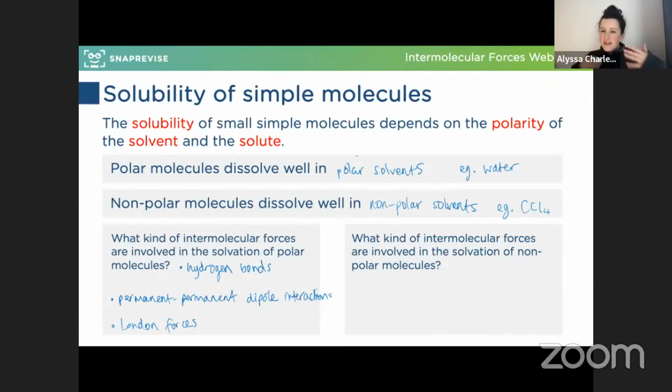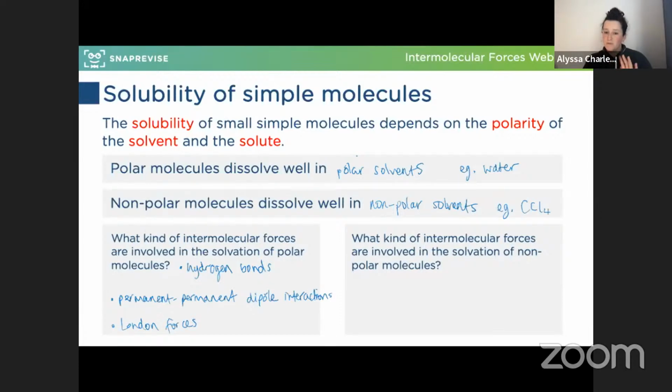Just to reiterate, in exams, you can use these phrases interchangeably: London forces versus van der Waals versus instantaneous to induced dipoles. I would stick with London forces or instantaneous to induced dipoles, just to be specific, because van der Waals is actually an umbrella term for other things as well. So although it used to be taught as van der Waals, we've clarified it, and now we call it London forces, or specifically